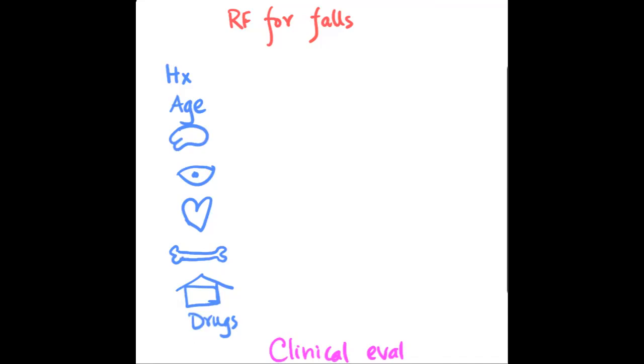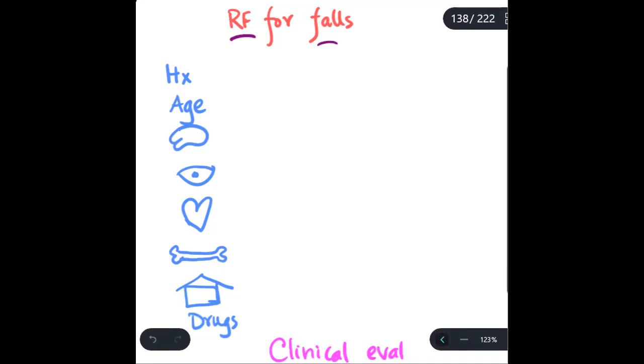Let's talk about falls. What are the risk factors for falls in an elderly person and how to evaluate him? So first, the risk factors. If a person has a previous history of fall, that simply increases his risk of fall again. So if there is any history of previous fall,